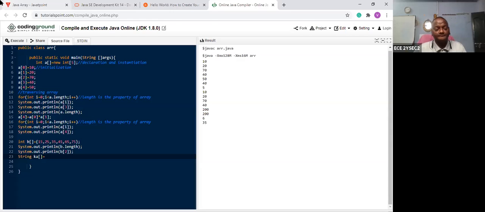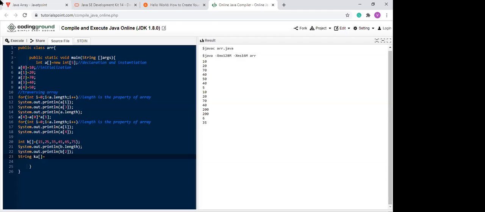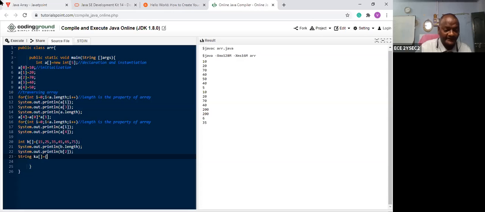Hima, respond. The screen is already being shared to you. By observing this, you can assign the variables. What is the procedure? Equal to curly bracket, sir. Curly bracket. Very good. Next. What is the type of the array? It is a string. So that means you can put a set of strings. So tell me some names.